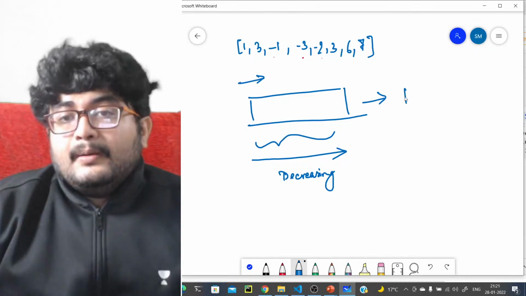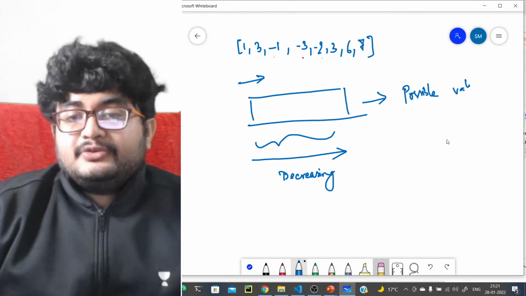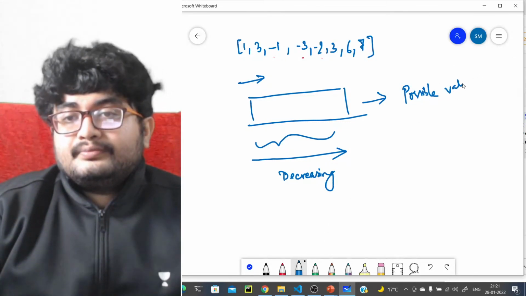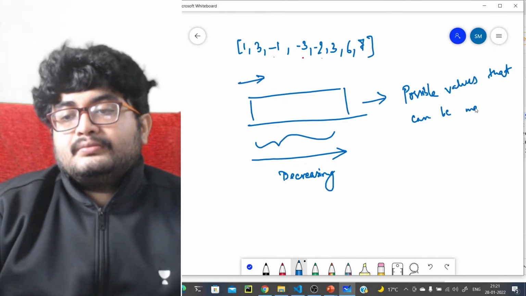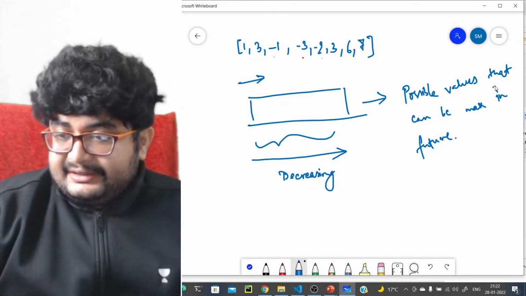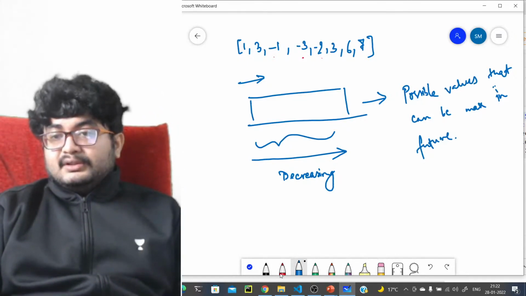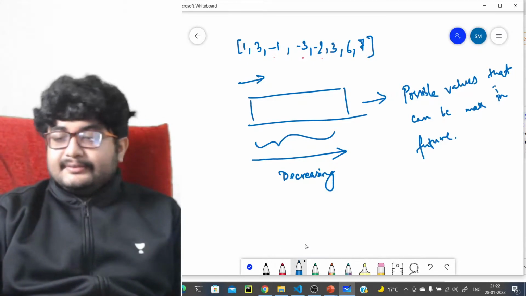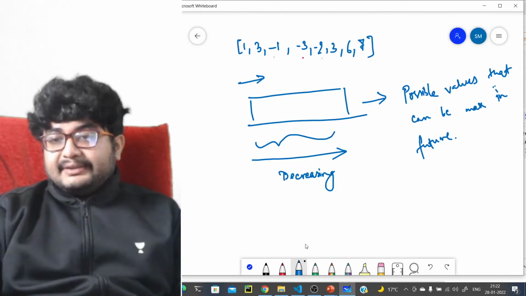It will contain possible maximums for future, or possible values that can be maximum in future. And I'm claiming that with this, the DQ should be decreasing from left to right. Can anyone tell why?